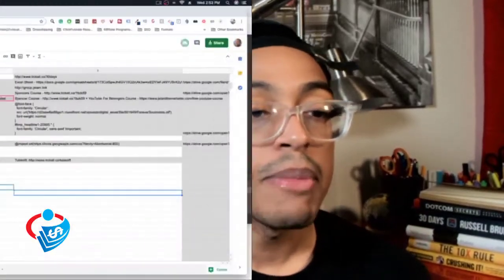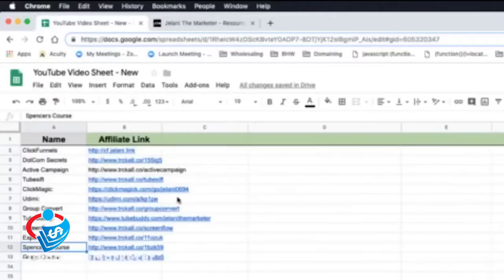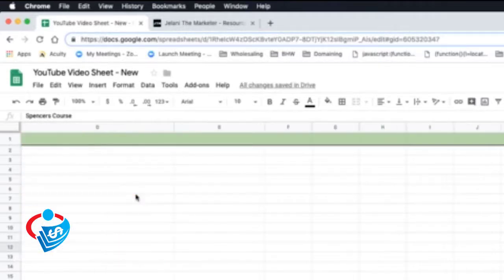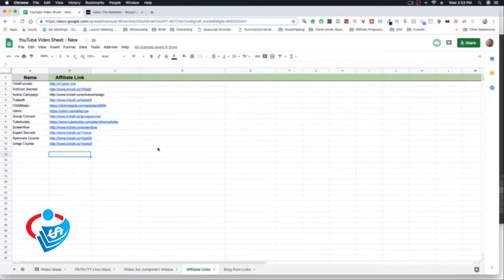So what I recommend doing is getting an Excel sheet kind of like this, and just plug in all the different affiliate programs that you use in your business every single day. So you want to get a list of all the things that you use every single day, and then go into those programs, use them, and see what might seem complicated to someone else, and then make a video on YouTube about it, and then plug your affiliate link in the description.